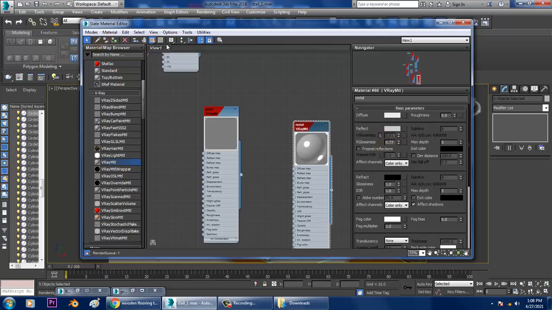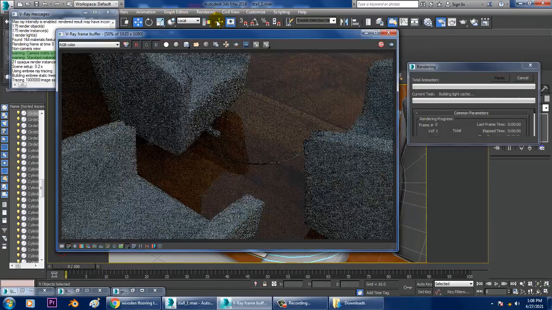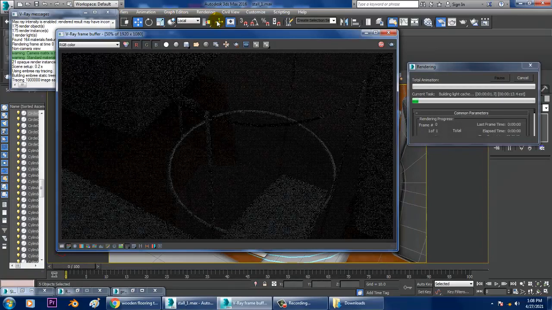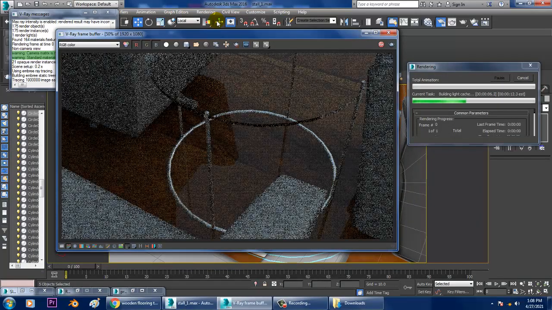I've explained the edge glossiness and arc glossiness in our previous tutorial. So as you can see, we have assigned that.